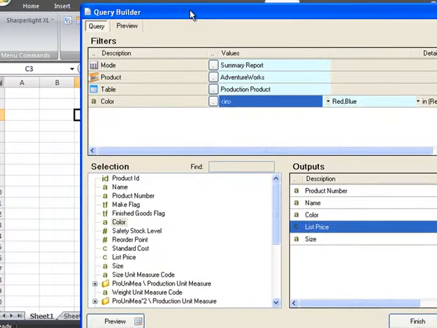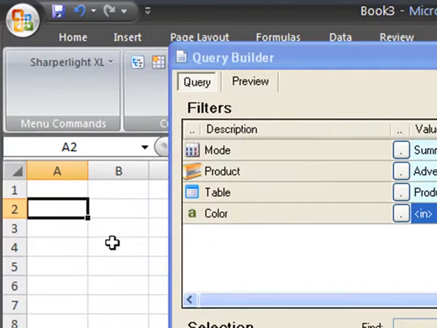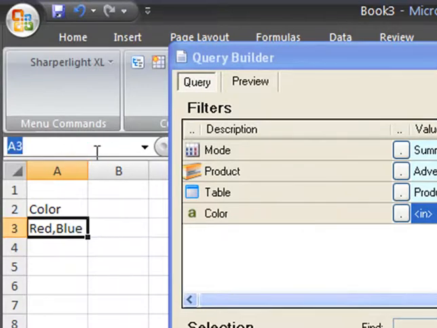To make this a little bit more interesting, what we'll do is create a cell reference to the worksheet so that a value can be typed into the cell, and the query results would change depending on the value typed into the cell. So I'll go over to the spreadsheet and I'll create a label, and in the cell I'll type red, blue, and then I'll create a name range over the filter value, filter color,